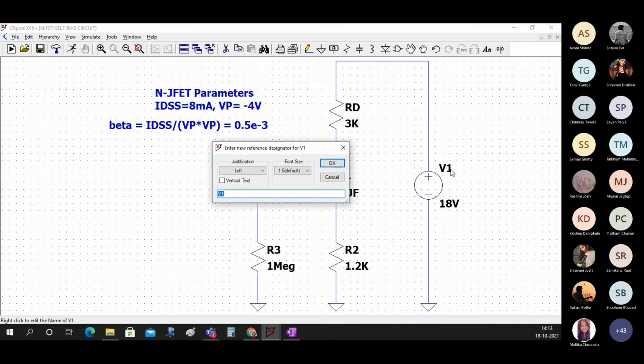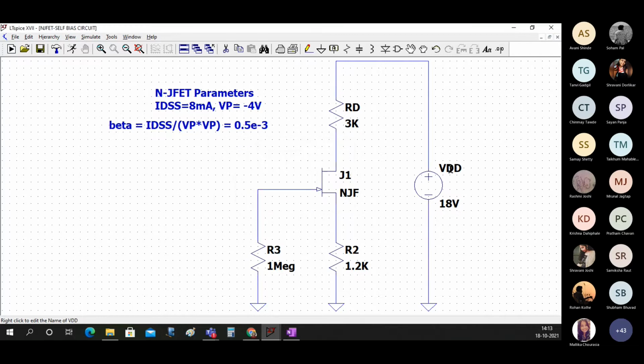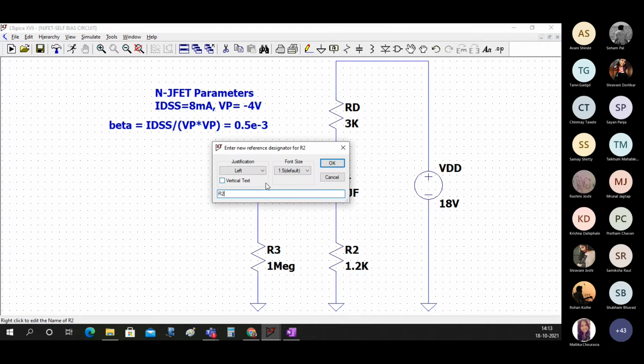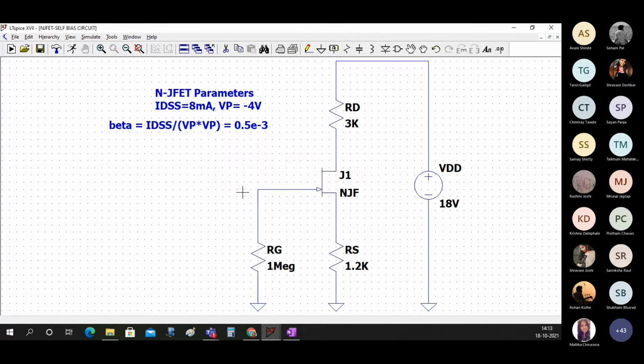This is VDD, and this is RD. This is the source resistance. So let's name it as RS, and this is our gate. And just for convenience sake, we will name all the terminals. This is gate, drain, and source.